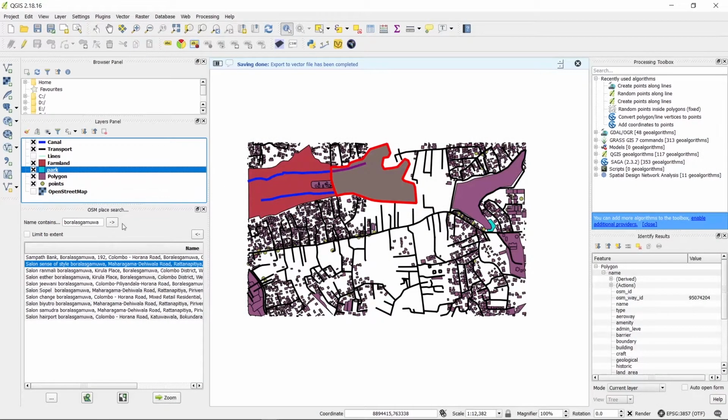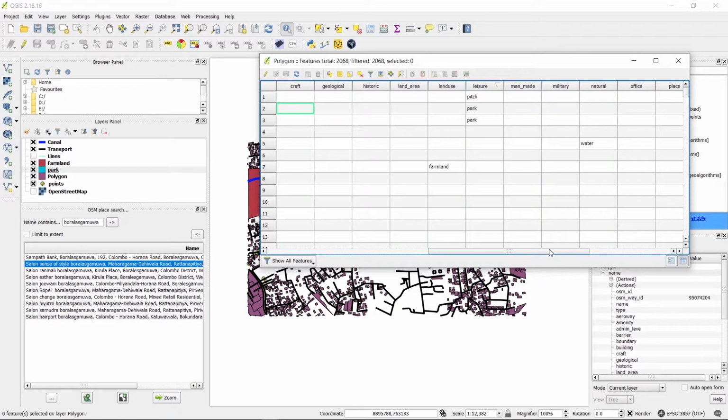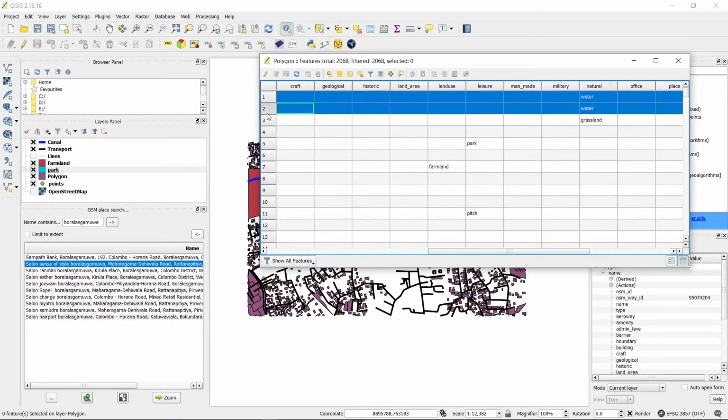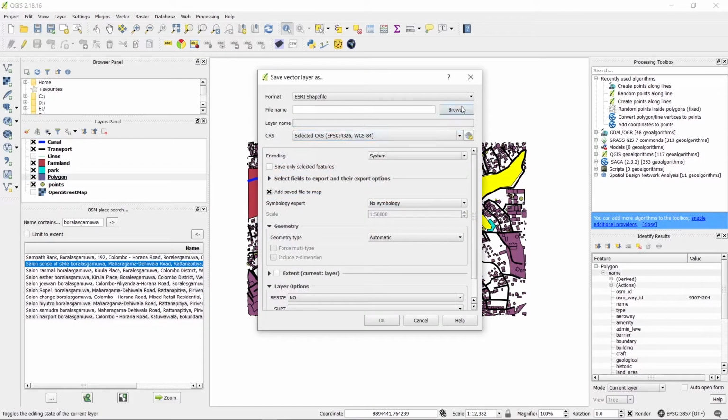Okay, then again deselect, natural, water, crossing.